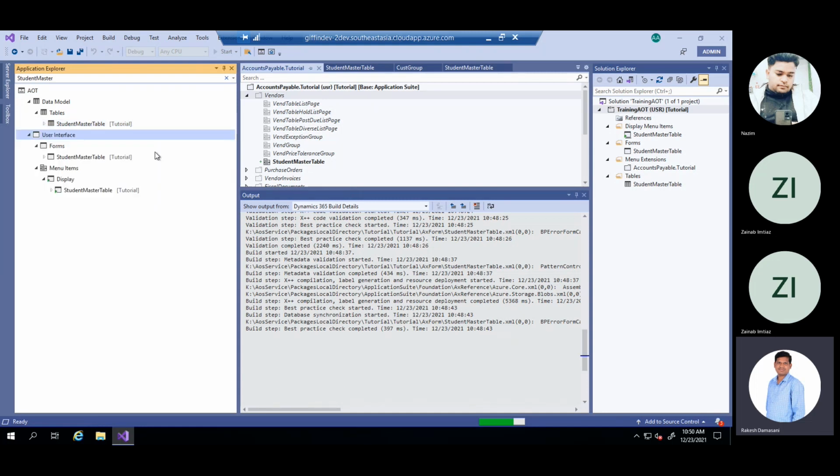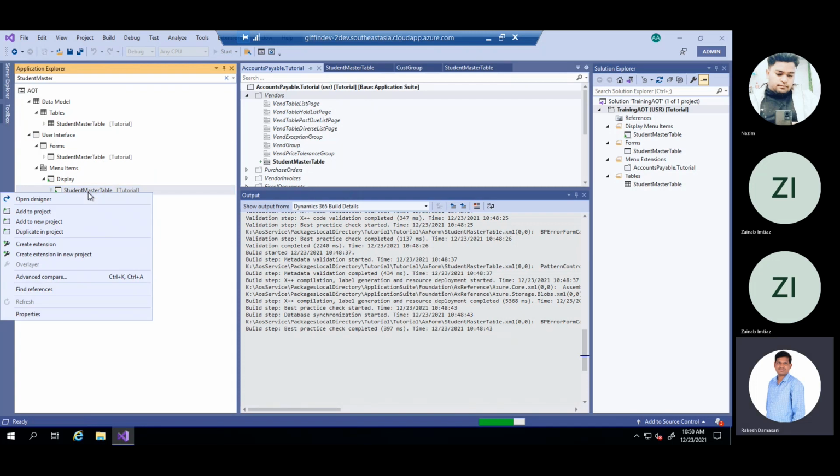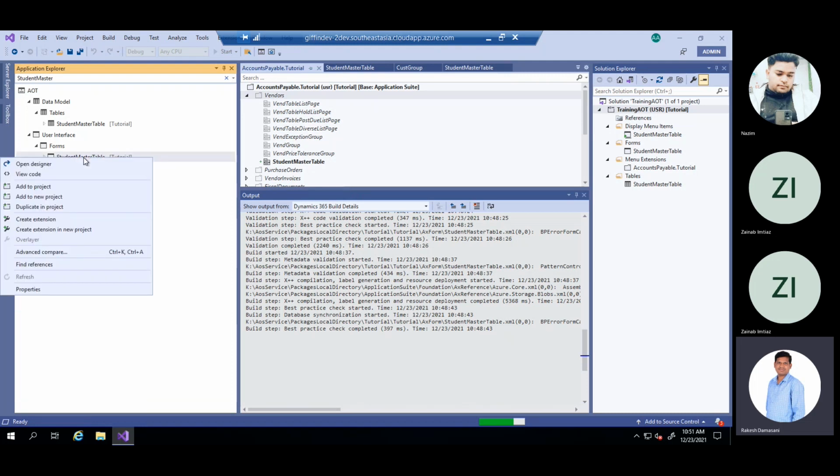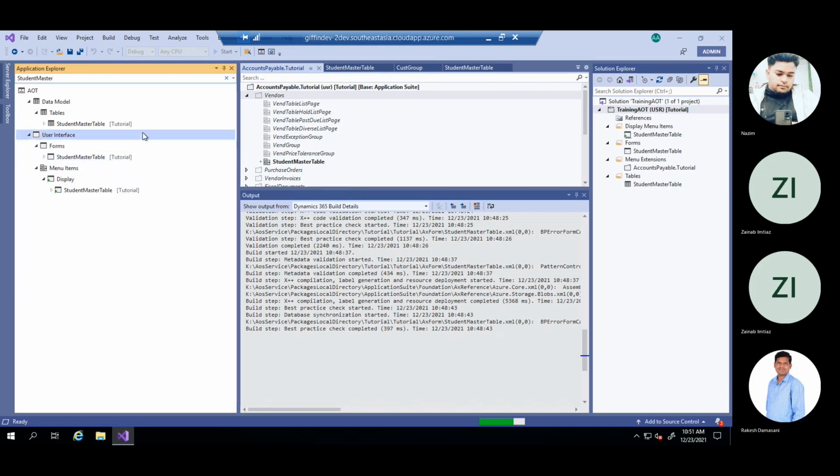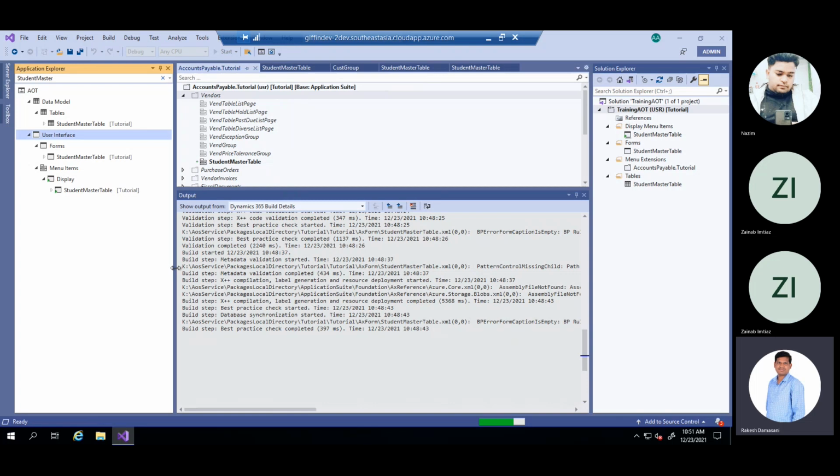Any object, not classes, but other objects. See, I have created this one, and it shows the option of create extension, and even this also. It is a different concept, create extension. You will come to know in the next classes.